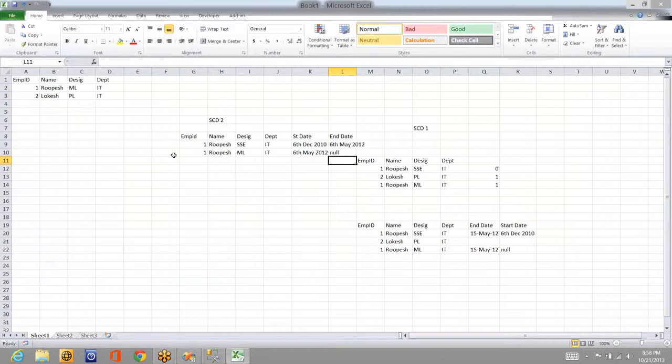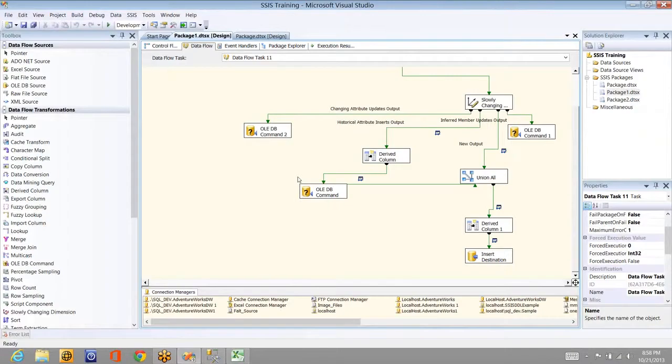So that is how we will find out whether it is an active record or the current one or not. And the record ID 2, it's a new one, so it will just directly insert like this: project lead, IT, and start date is this, and end date is null. So the difference between the earlier method and this method is there it will tell whether it's his current record or not. That's it. But here it will tell you from when to when he is in a particular position.